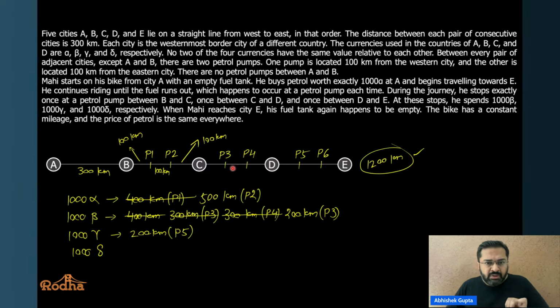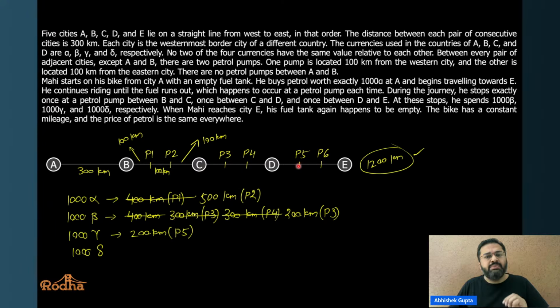Don't write it now. If he goes from this P3 to P5, ये distance कितना है? 300. This seems to be fine. But after that, he will have to do 200. Can you see that? देखो कहाँ पर है? He is at P3 now. Let's say he jumps from P3 to P5. This is 300, which is different from 500 and 200.